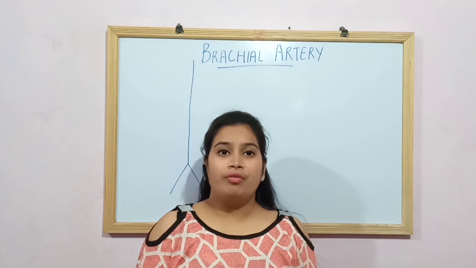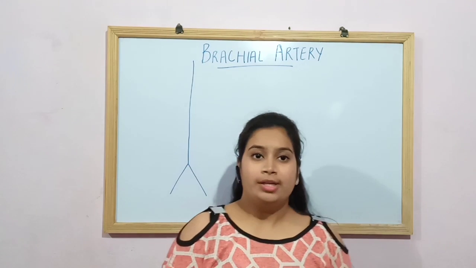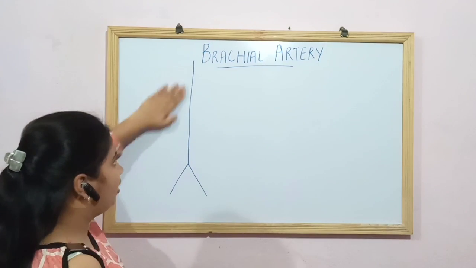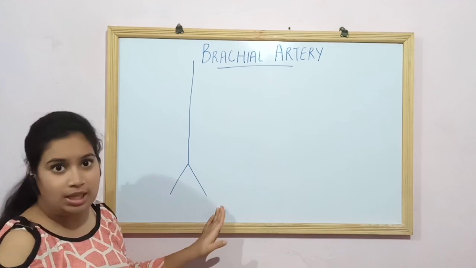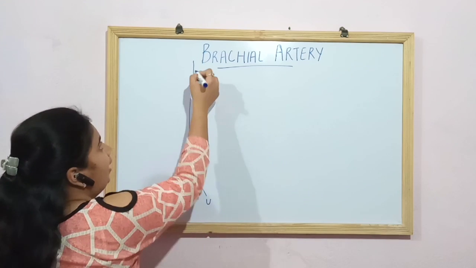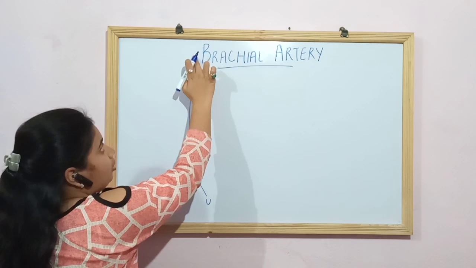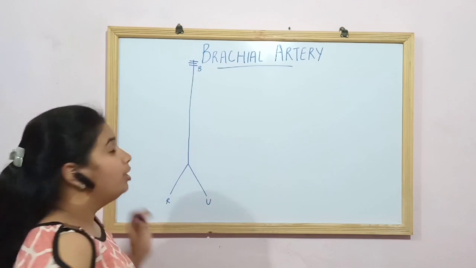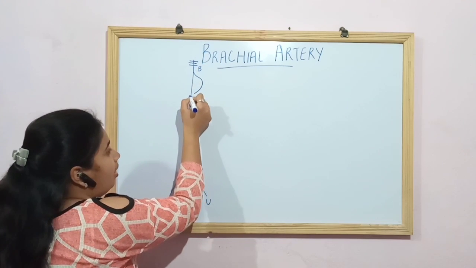Okay guys, now we are moving on towards the diagram of the branches of the brachial artery. To understand this, have a look over here. This is your brachial artery, which is bifurcated into two, radial artery and the ulnar artery. This is the radial one and this is the ulnar one, and this is your brachial artery. This is the lower border of the teres major muscle, and from below this it is the brachial artery. The brachial artery first gives a branch, the profunda brachii artery.